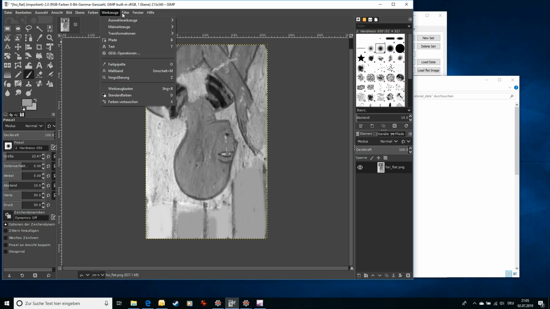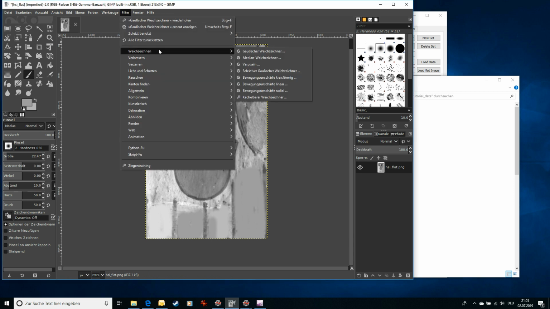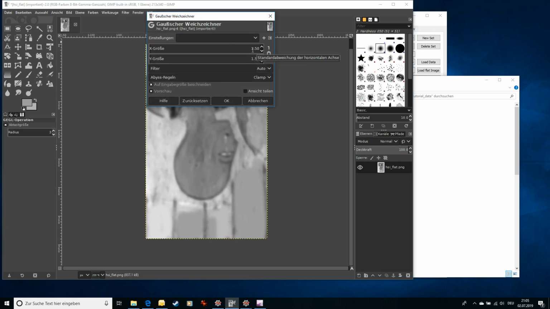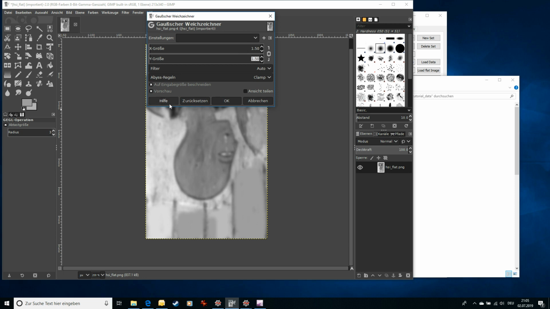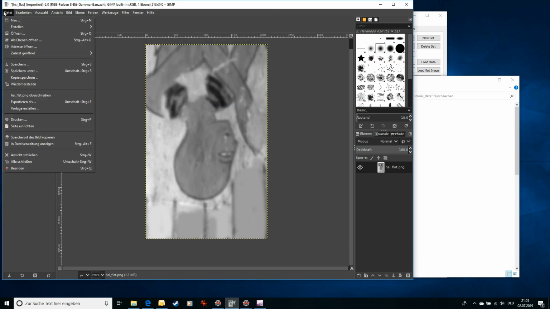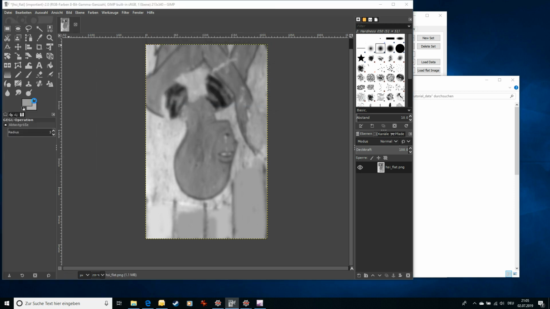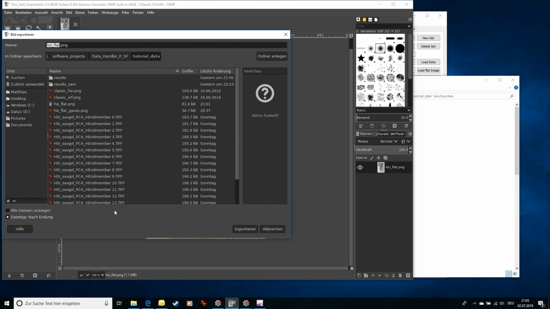Then we can also use a filter, use a Gaussian blur effect, and say that we will use now here a value of 1.5, which is a good combination, to give it an apparent resolution comparable to the XRF data. Now we can export it as, where are you? Flat Gauss blur,